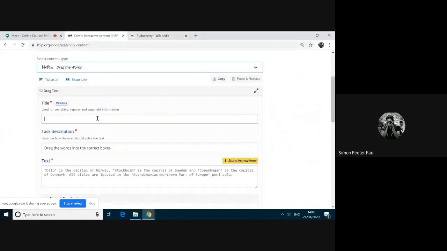Okay, I'm giving a title about Puducherry. For our remembrance, I'm typing drag the words.